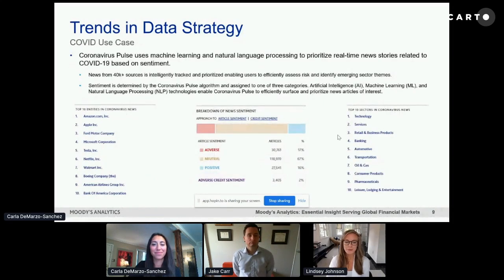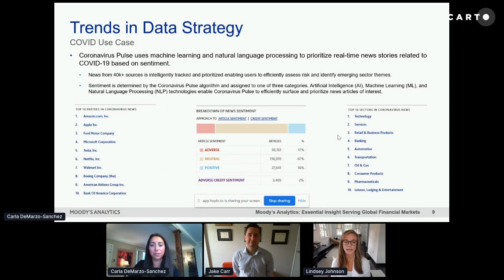And it wouldn't be a 2020 presentation without mention of COVID. The global data preparation tools market is anticipated to reach $8.5 billion within the next 5 years. So combining all of these emergent technologies with Moody's financial markets expertise and existing data is really going to result in some powerful tools. One early example of that is COVID Pulse, which Moody's launched back in April of this year and is free to the public to view.